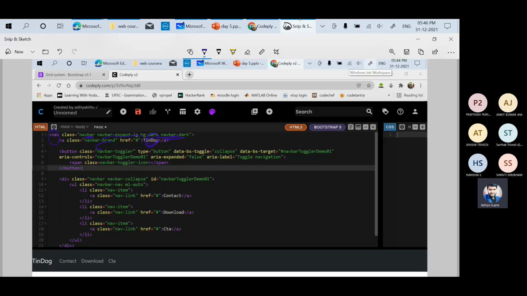Then this is basically the code you have written to enable that burger. So don't think of burgers all the time. Okay, you can eat after that, but just focus now. If you remember, just remember this, because there's nothing to teach in this, it's just normal code. Inside that, there are basically the sections you want to show on the navbar. This is context section, this is download, and this is CT. And there is a navbar link to make it a link, navbar item to show the items, and it should be enclosed